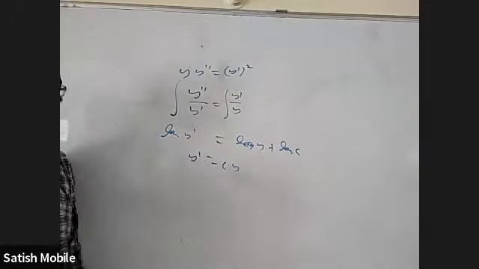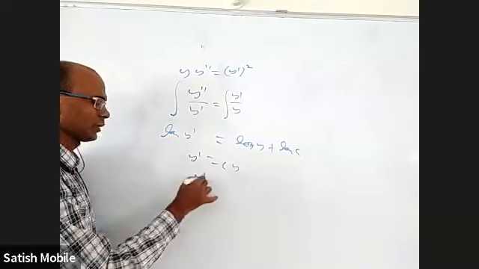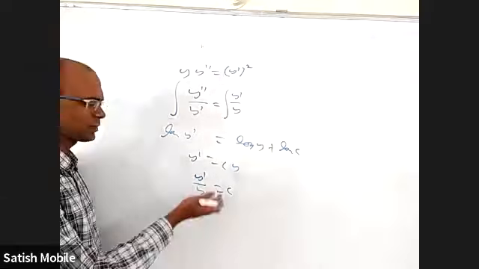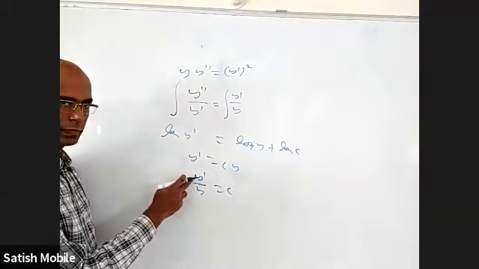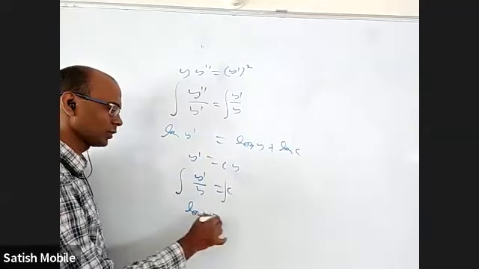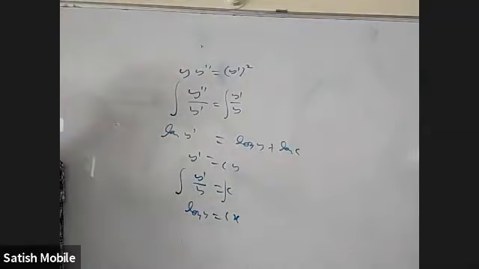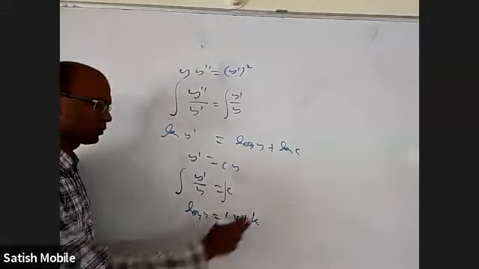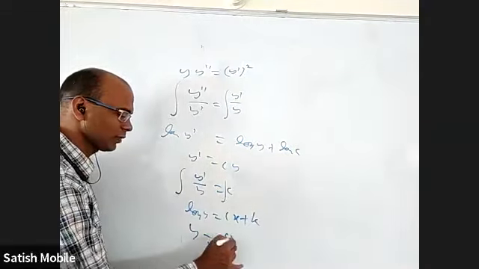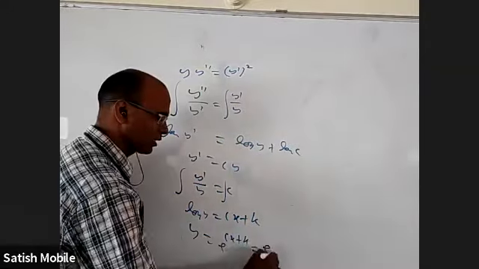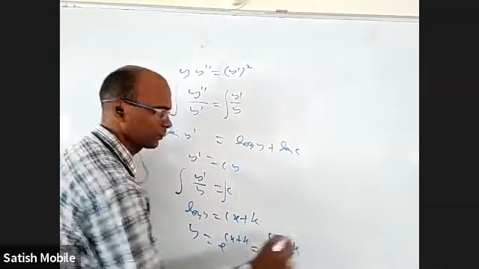Okay. Now bring this y here: y dash by y equal to c. Of course, y dash means dy by dx. For this it is the derivative. So when I integrate again, this is going to come log y, this is going to come cx, plus some other constant k. When you remove this log, you'll get y is equal to e power cx plus k. If you want, you can write this as e power cx into e power k.